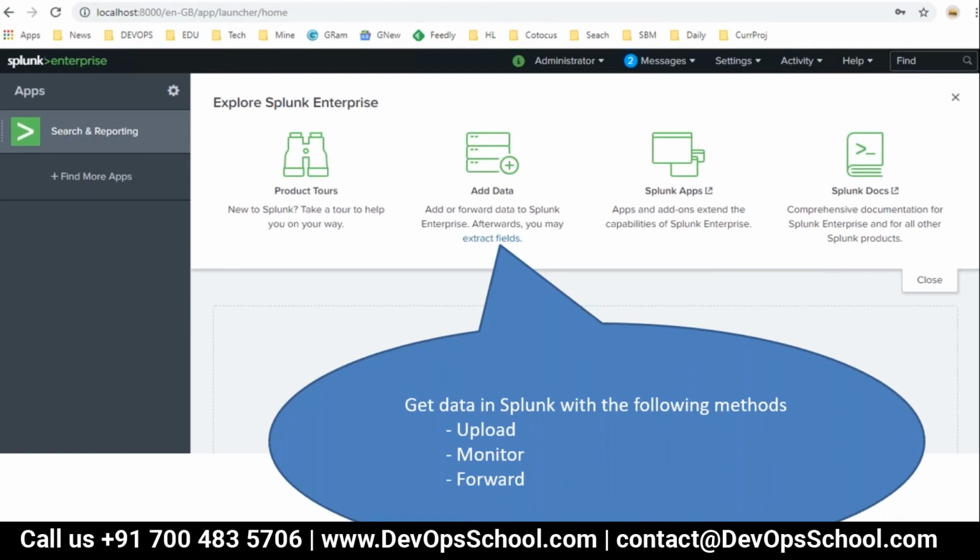Someone has asked me a question: how can I monitor my devices? So, monitor. And how can I forward the data from the different devices to the Splunk server? Forward. By the way, we can upload some dummy data as well. To begin with, we will upload some dummy data, learn some of the functionality of Splunk, and then we will create a forwarder and all stuff like that,